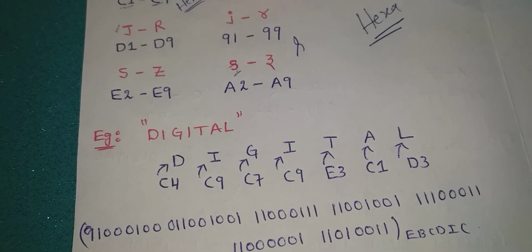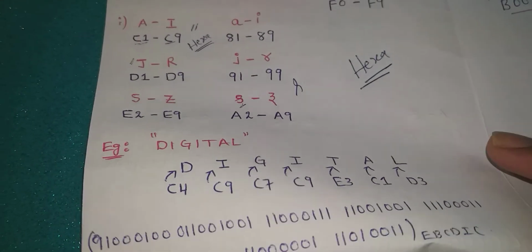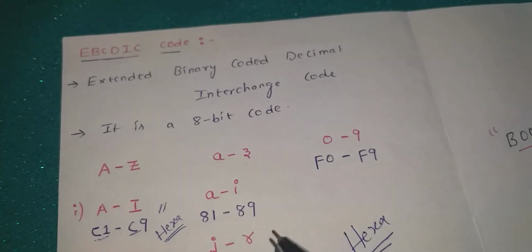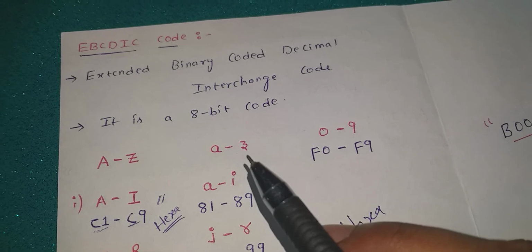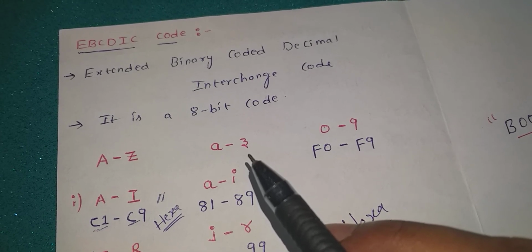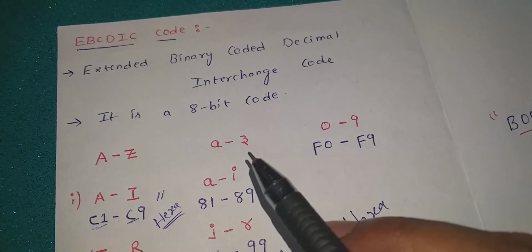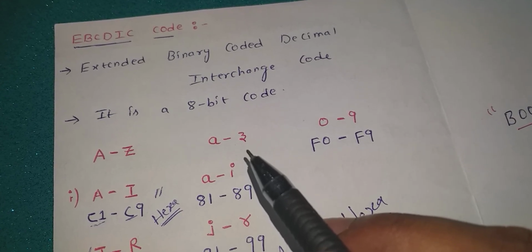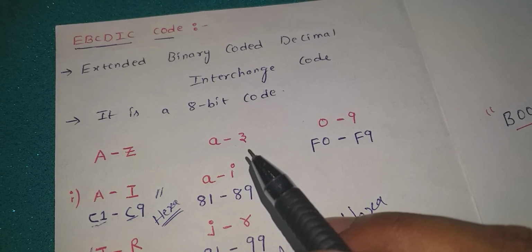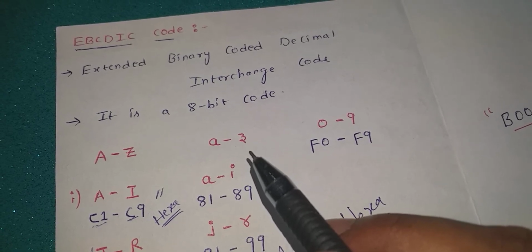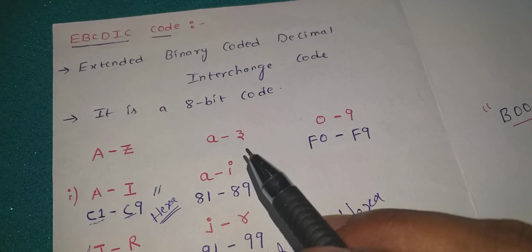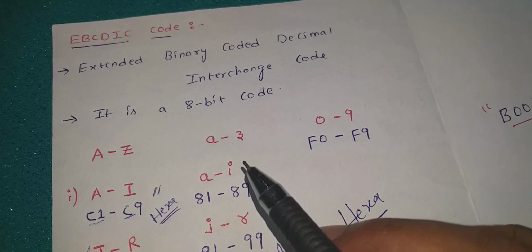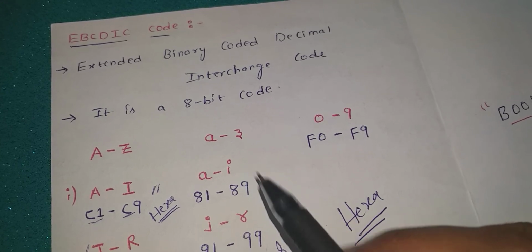In the next class we will start Boolean algebra. From this I have completed the basics: number systems and their conversions, and binary codes, that means numeric and alphanumeric codes. In binary codes we have seen binary, weighted code, 8421 code, BCD code, gray code, and XS3 code, their arithmetic, 1's complement, 2's complement, signed, unsigned, and so on.